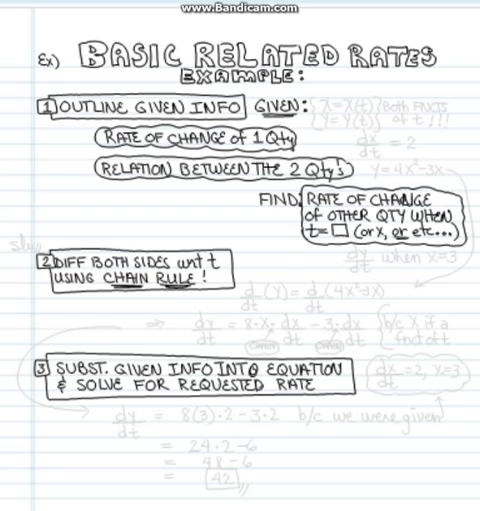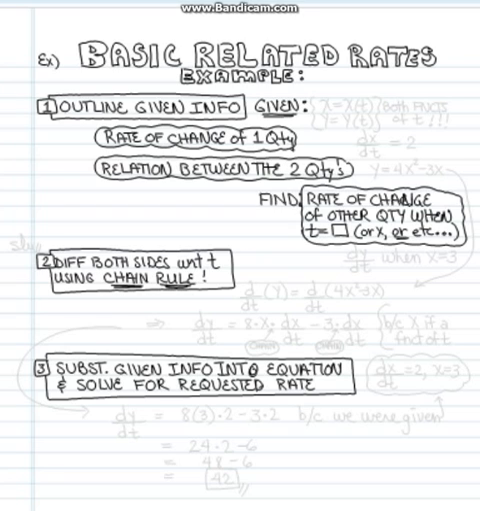This is a basic outline, a stencil for doing something called related rates examples, related rates problems. Step one, you're going to take the information they give you and outline it. You're going to list the given information. They're going to give you two quantities. They're going to be two functions, and they're both going to be functions of the common variable, usually t